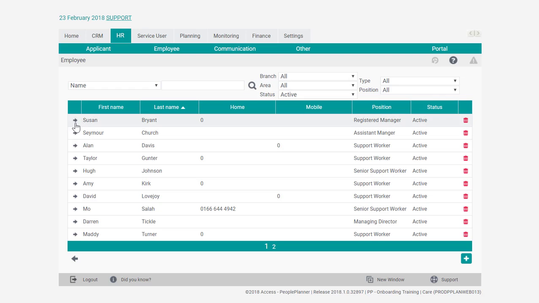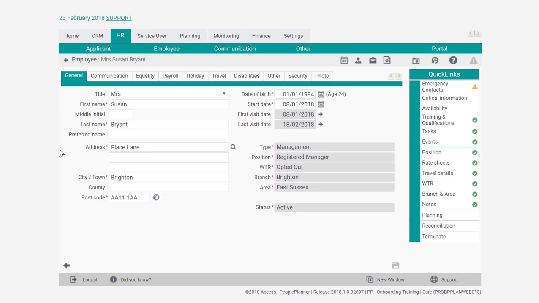We're going to drill into Susan Bryant's record here. To do this, we just click onto the arrow to the left of their name and it allows us to drill into the record. Moving on through here to add an emergency contact against Susan Bryant, we are going to